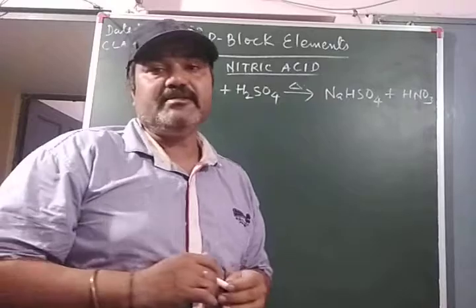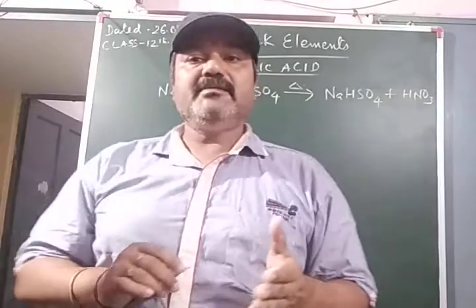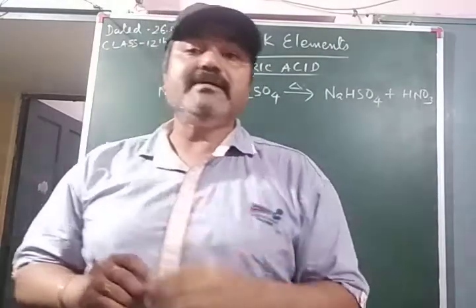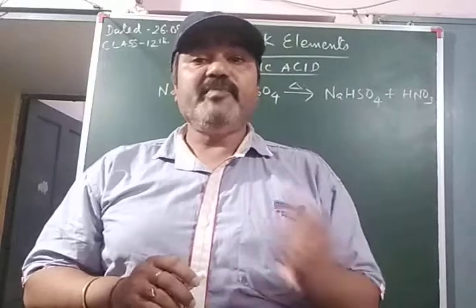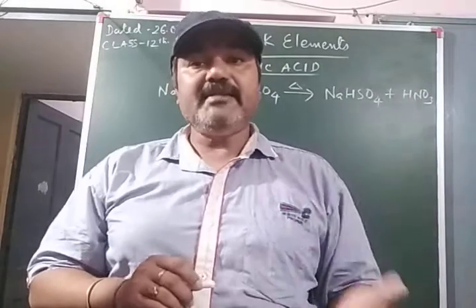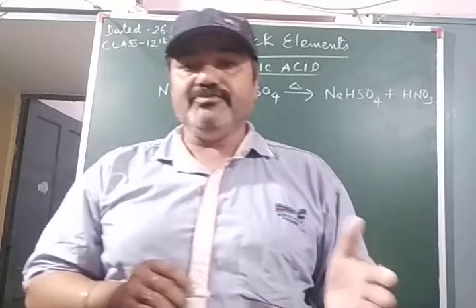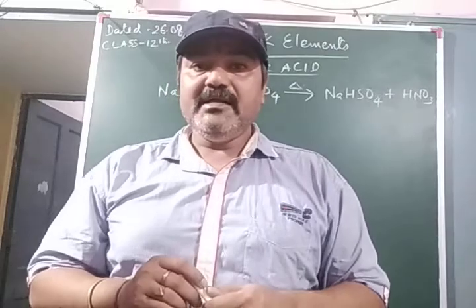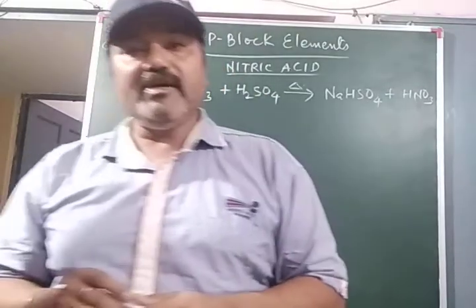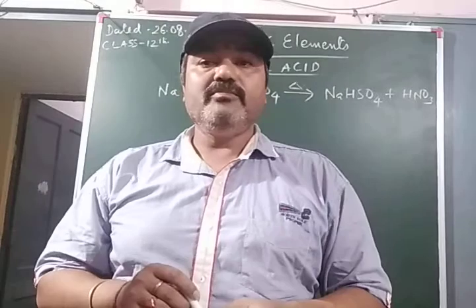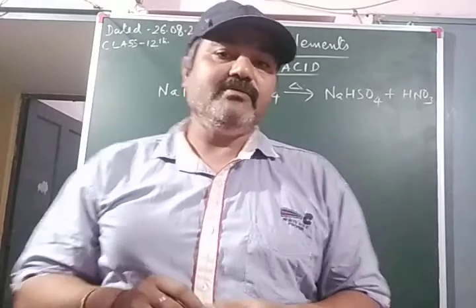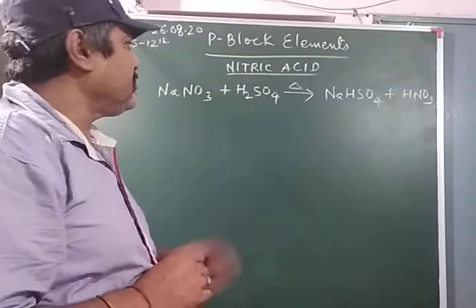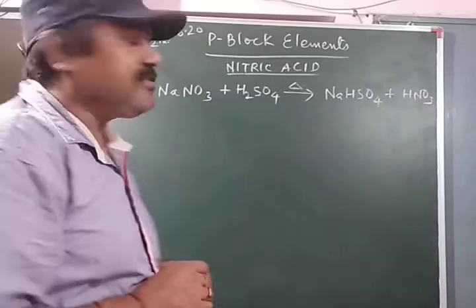In the Ostwald method of preparation, initially nitric oxide is formed. Then nitric oxide is reacted with oxygen to prepare nitrogen dioxide. Then this nitrogen dioxide, NO2, is reacted with water to prepare HNO3 and nitric oxide as a byproduct, which is again recycled to prepare nitrogen dioxide. So look how the Ostwald method works.